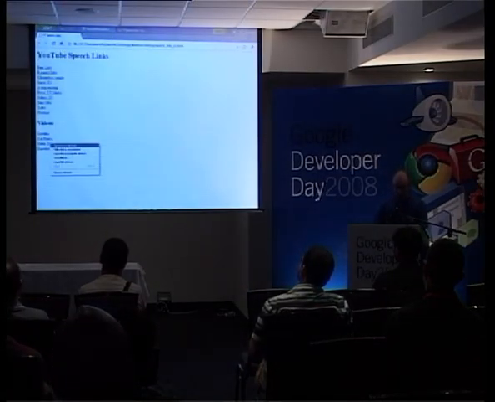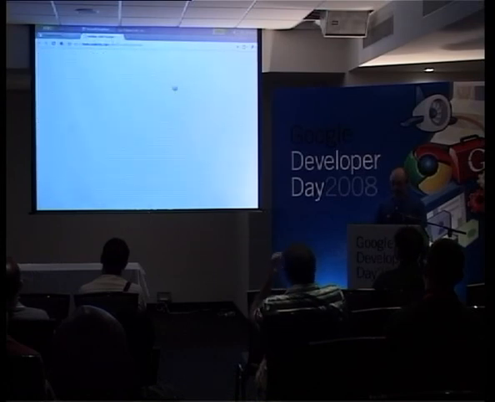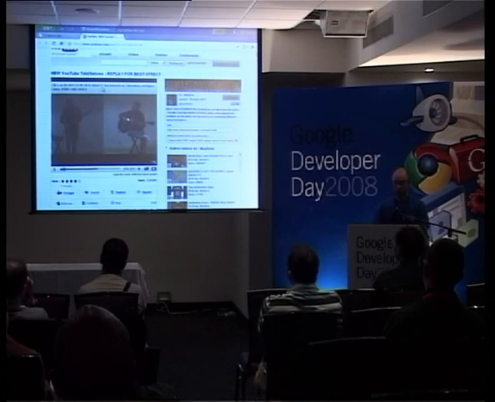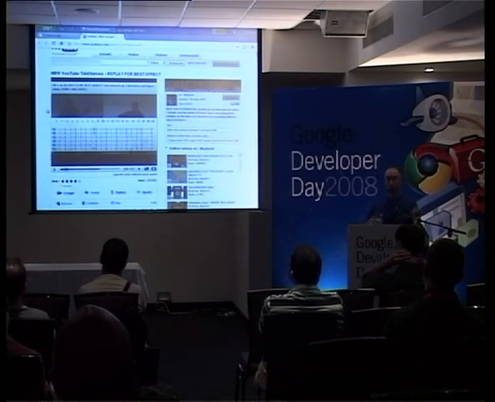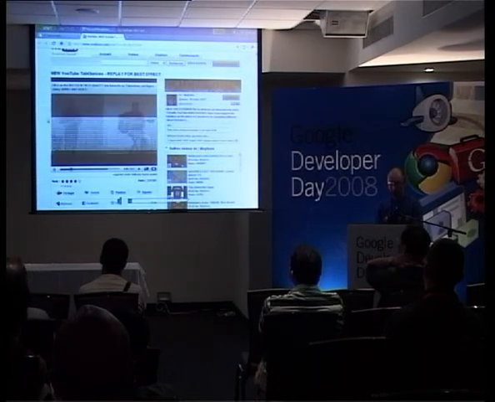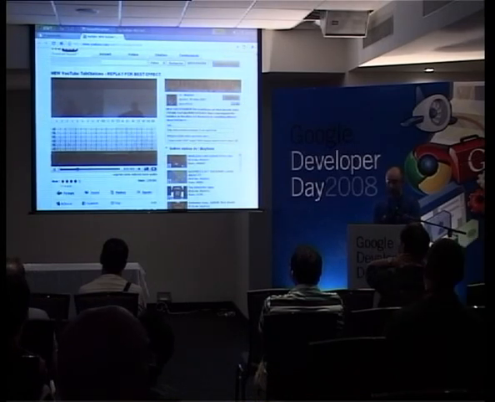Now, annotation. So this morning we talked about annotation. This is a very clever way of using the annotation here. Those people are playing guitar. You can learn all the tabs. At the same time, I don't play guitar. I'm really bad with music, but you can see how you can learn guitar in this way.